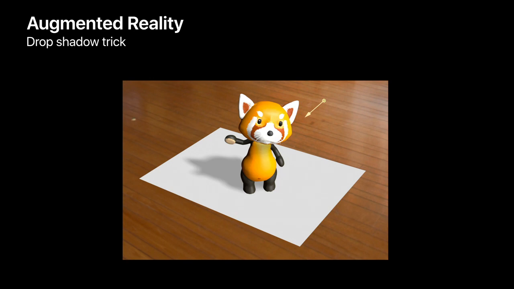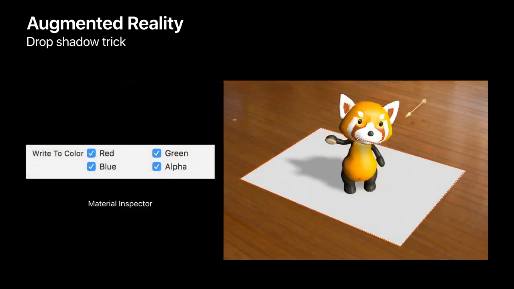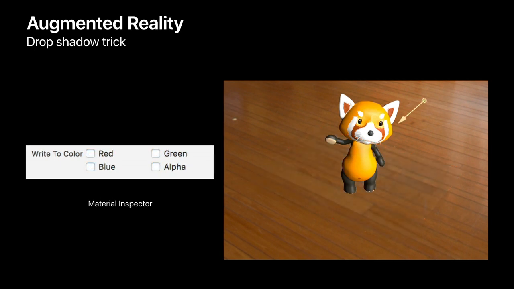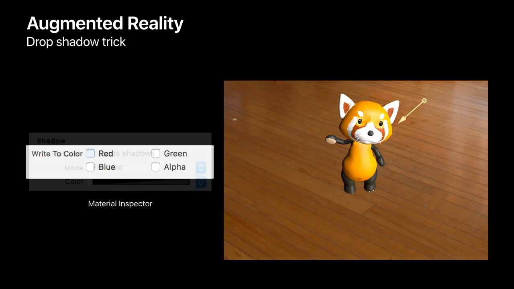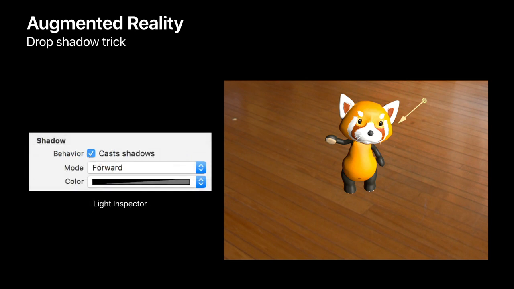So the trick is to configure the plane to not write in the color buffer. This can be done programmatically or using the inspector in Xcode. If I do this, the plane will disappear, but the shadow as well. But the plane still writes in the depth buffer, which means that I can now configure my light and change the shadow technique and move from forward, here, to deferred shadows.